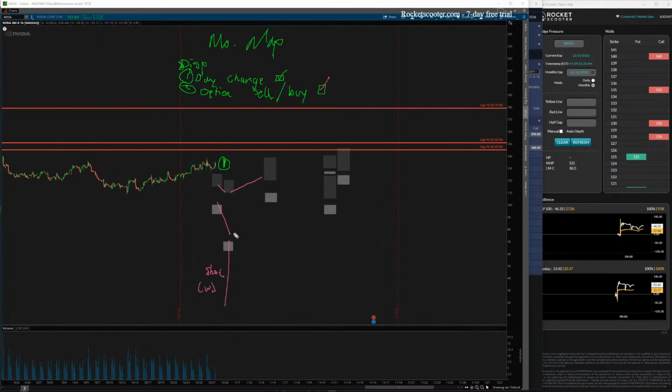As this is shrinking, I'd want to be on the long side of options. And as this is not really widening much, it says that inside of here, I'd much more easily collect premium as volatility is getting higher. And I'd much rather buy premiums when volatility is getting less. We're going to open the monthly map in the tool. Shiv, we haven't made it yet. We're making it right now. It's going to be one of the indicators that's going to come out in the next month. So right now we're dreaming up ways to do it. Yeah, VC indicator, volatility change. Option sell buy, yeah. But we can say like volatility change.